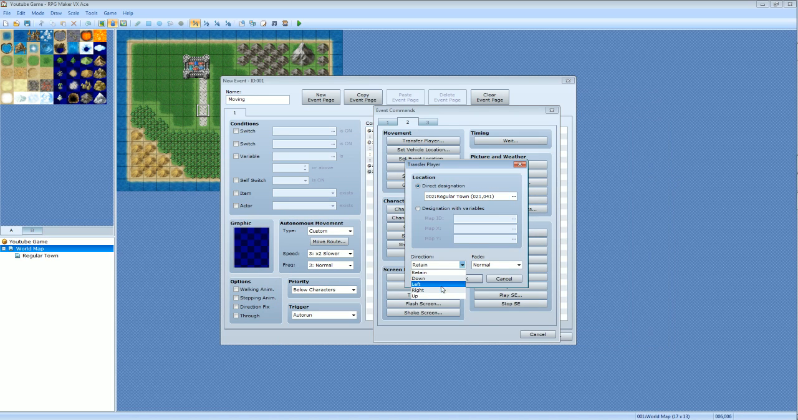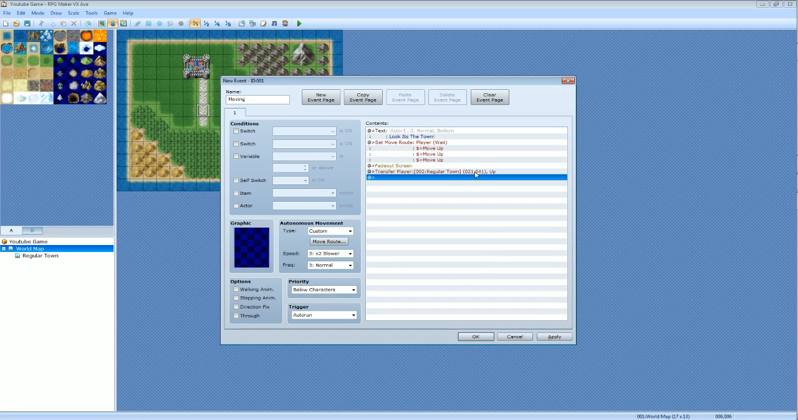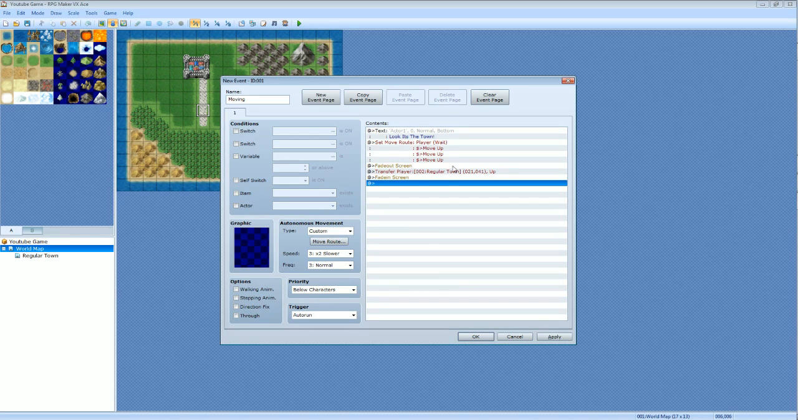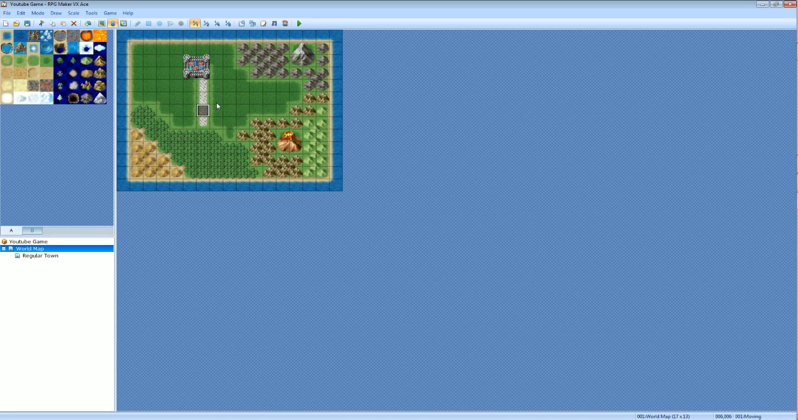This allows us to change what direction our character is facing once the teleportation is done. We're going to want it facing up. And we're just going to leave our fade as normal. And we're going to click OK. Once I've transferred, we're going to double click again under tab 2, down to Screen Effects, and Fade In Screen. Once this is complete, the screen will fade back in, and our character will now be in the regular town. To make sure this is complete, we're going to click Apply, and then click OK,